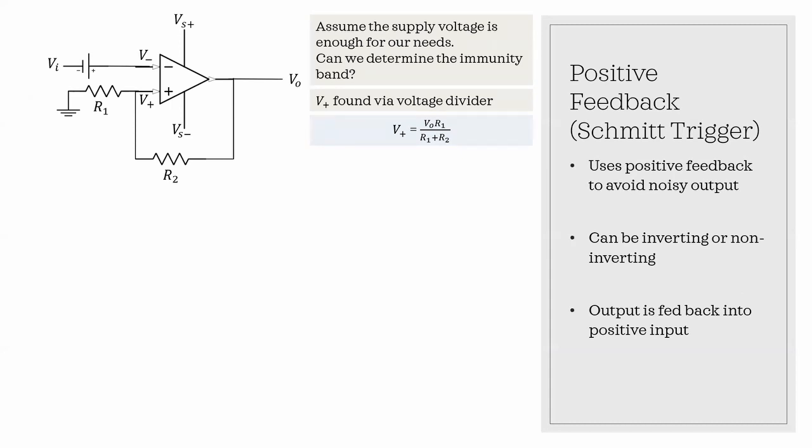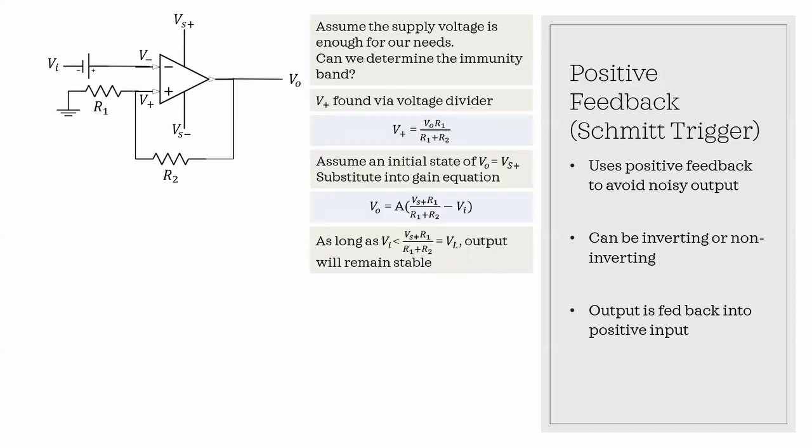The first step is to determine the input to the non-inverting terminal, which should look familiar because it's once again a voltage divider, which should be second nature at this point. And once more, we're going to use the op-amp relationships where we're going to assume an initial state where our output is equal to our positive source voltage. And from here, from this relationship, we can see that as long as the input to the inverting terminal is less than that of the source voltage, which is moderated by the voltage divider, the output will remain in the